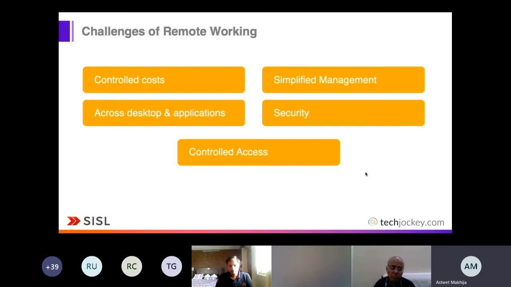So we will be talking about Windows Virtual Desktop. As I said, Param will take us through that. The format will be that I'll hand over to Param after two more slides which I have, and Param will have a presentation followed by a demonstration by Lalit from SISL/TechJockey. They will both be talking about Windows Virtual Desktop, which is a Microsoft Azure-based system. WVD virtualizes the Windows operating system and provides a virtualized desktop and applications environment in the cloud, and that's what we'll be discussing.